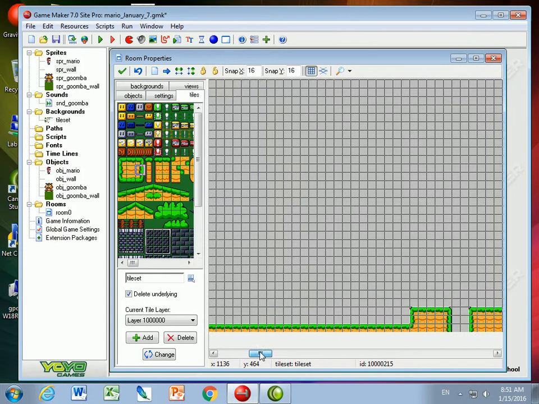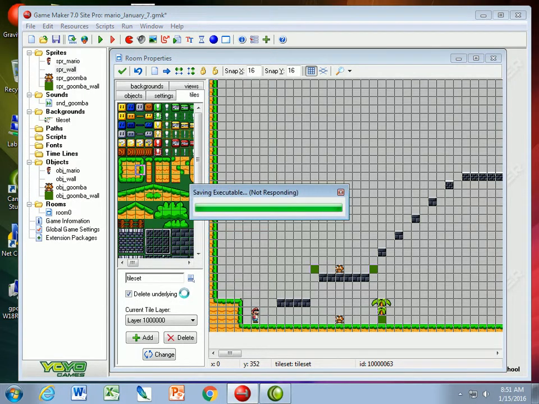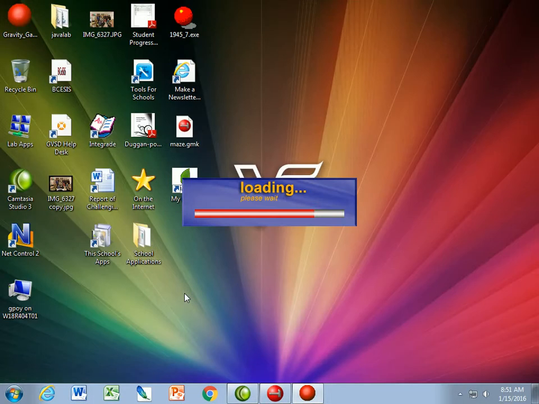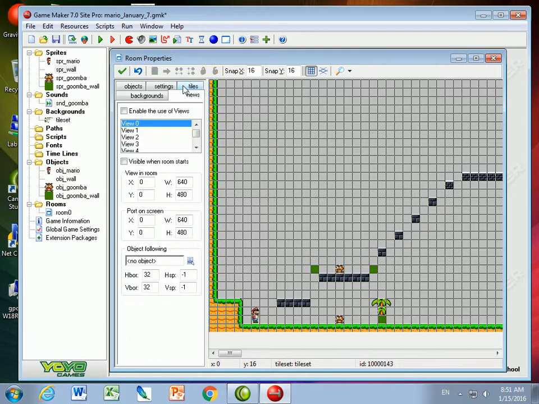Okay. So that would be fine, but if I play the game, what's going to happen is Mario's going to leave the room. So when he walks out of the room, I've got a nice large room. Great, but how do we make the room follow Mario? And it's really very easy. Whoa, the room is really big here, isn't it? So what I need to do first off is I need to say, great, I want to use views. So I put a check mark for enable the use of views,